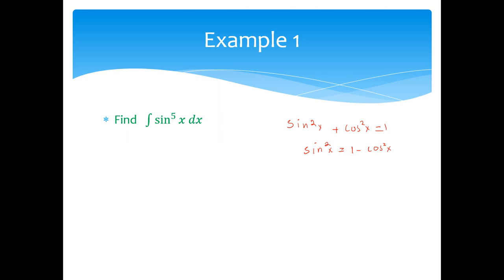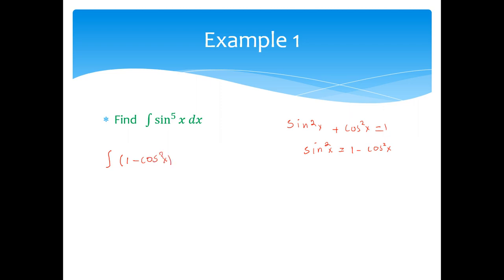I guess all of you are familiar with this trig identity. At this point, we're going to say integral of 1 minus cosine square of x